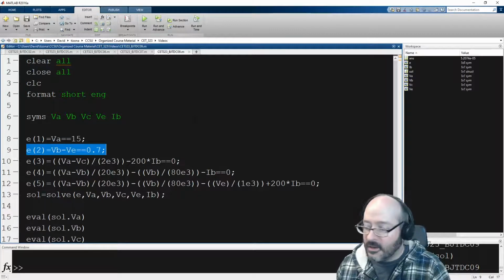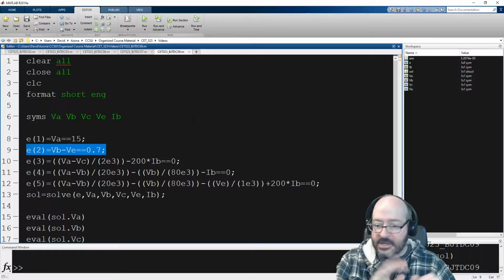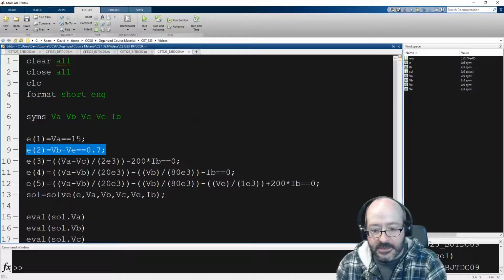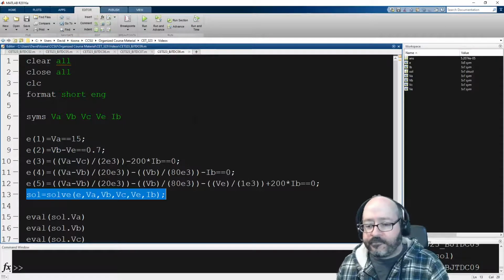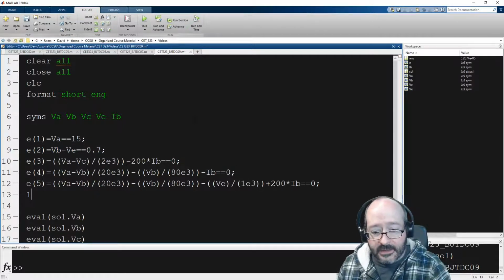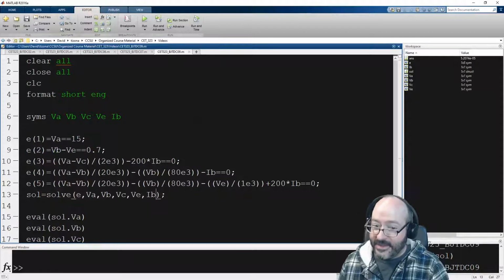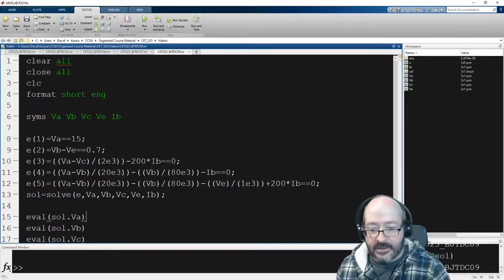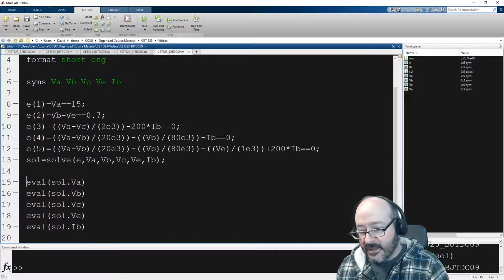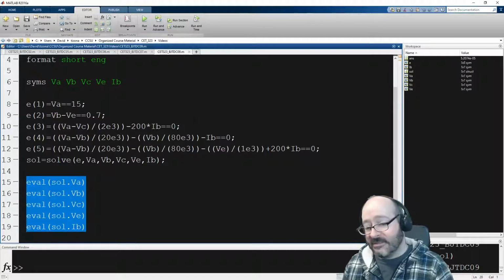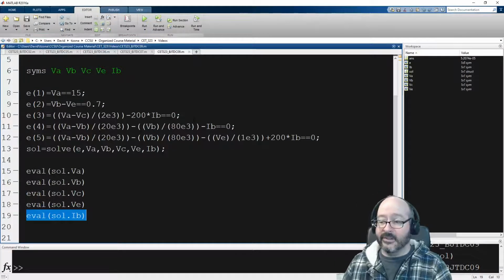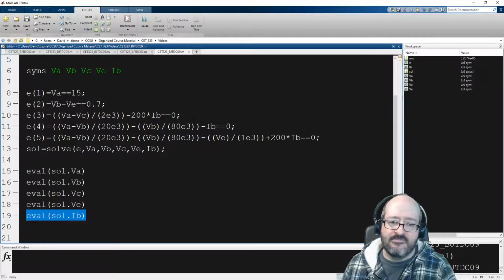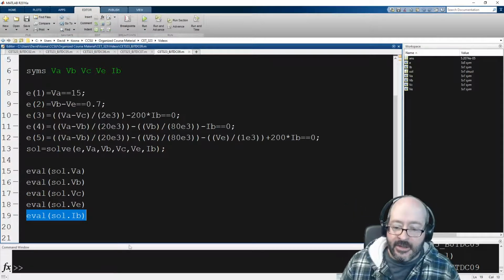You should go through and check these equations against the image that I gave you. These are the equations that I had written out when I started the analysis. I solved them for the 5 unknowns, and then just spit out those values. I even spit out the current for the base, because we had it. We should go use it. All right, so I run that,